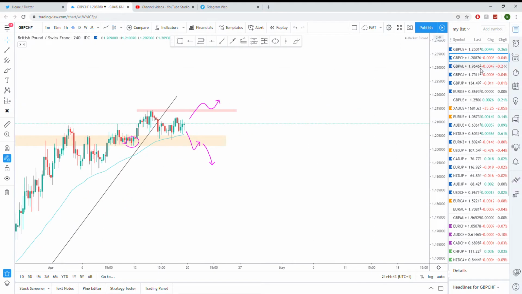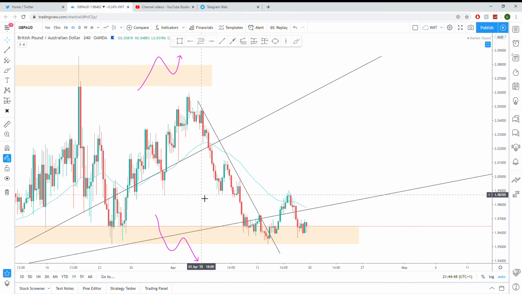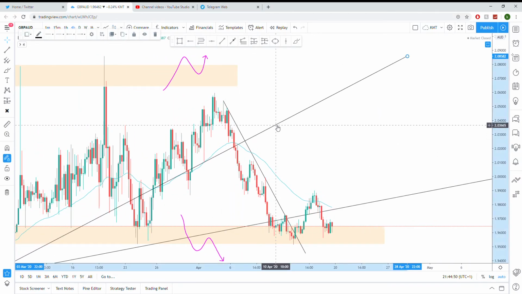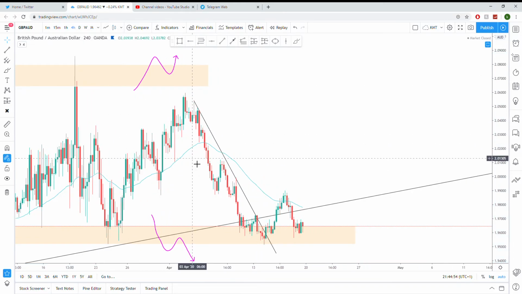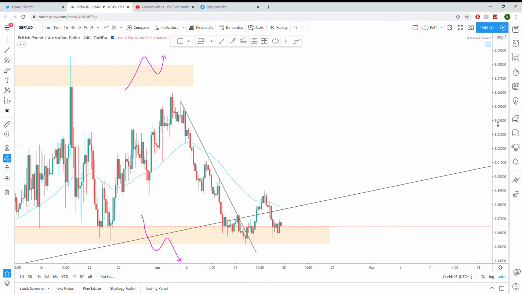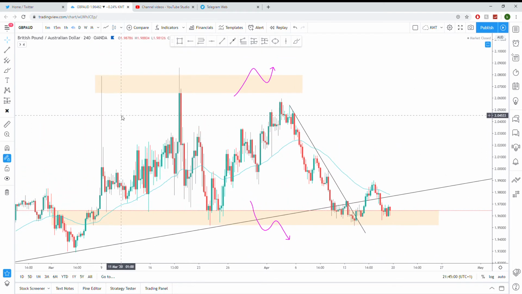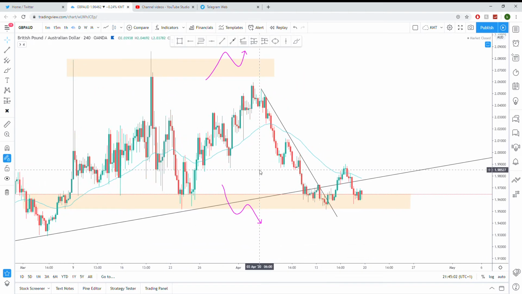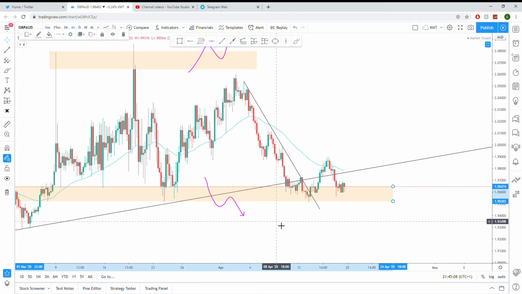Moving on to GBP AUD. Again, a lot of messy work here. I'm actually going to get rid of this line here. As you can see, we are still stuck in this huge choppy range. Again, as we spoke about in the last few market sessions, we're ultimately just waiting for a push to the downside and a pullback and a retest. So the range that we're paying attention to is